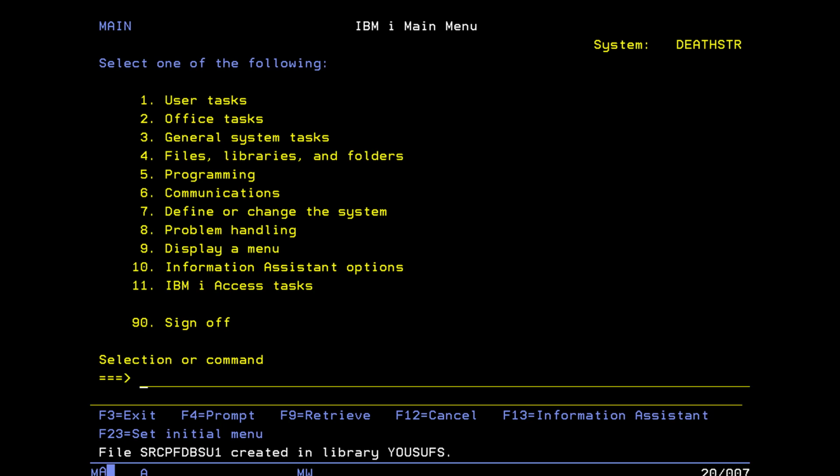We're going to now learn about how you can create a member in a source physical file. Now remember, the source physical file we created in the previous tutorial was srcpf-dbsu1. Here's the name of that source physical file, srcpf-dbsu1. Now, when you create a member, you need a utility, as I taught you a couple tutorials ago, called